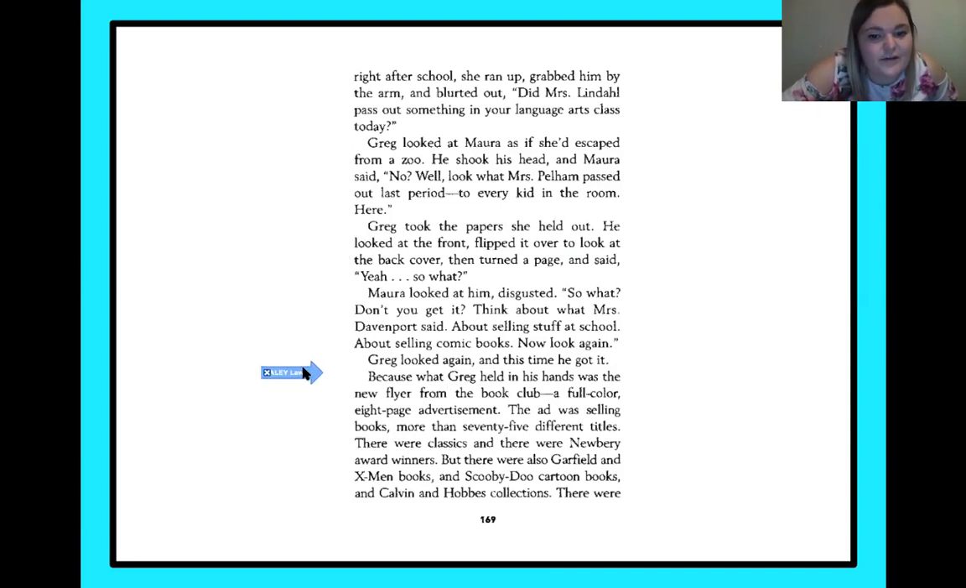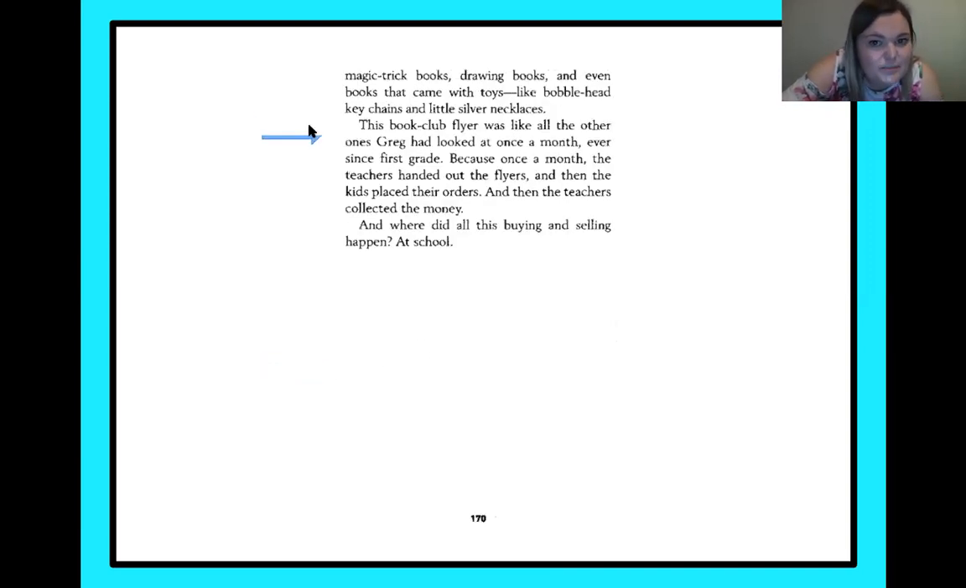the new flyer for the book club, a full-color, 8-page advertisement. The ad was selling books, more than 75 different titles. There were classics, and there were Newbery Award winners, but there were also Garfield and X-Men books, and Scooby-Doo cartoon books, and Calvin and Hobbes collection. There were magic trick books, drawing books, and even books that came with toys, like bobbleheads, keychains, and little silver